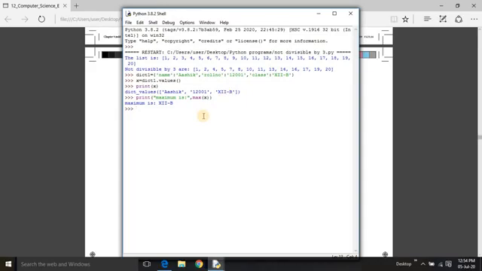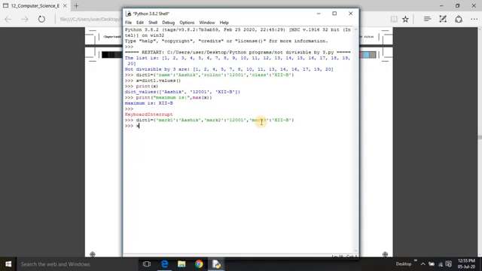If suppose we give elements in a dictionary, mark 1, mark 2, mark 3. I am having a dictionary of 3 marks.